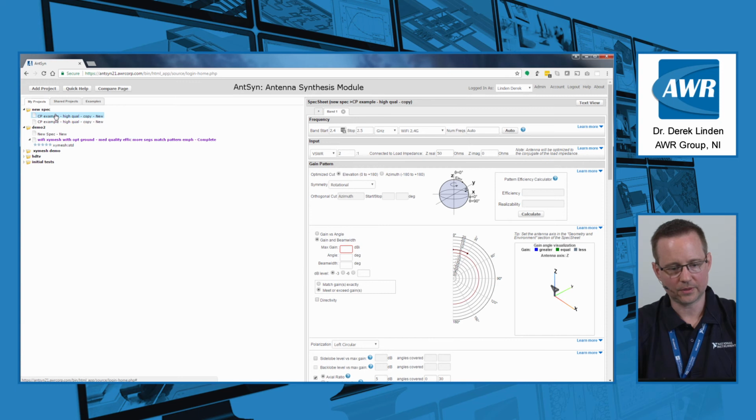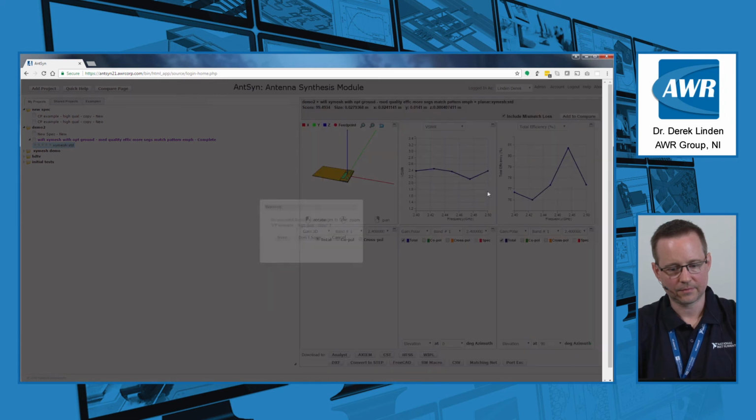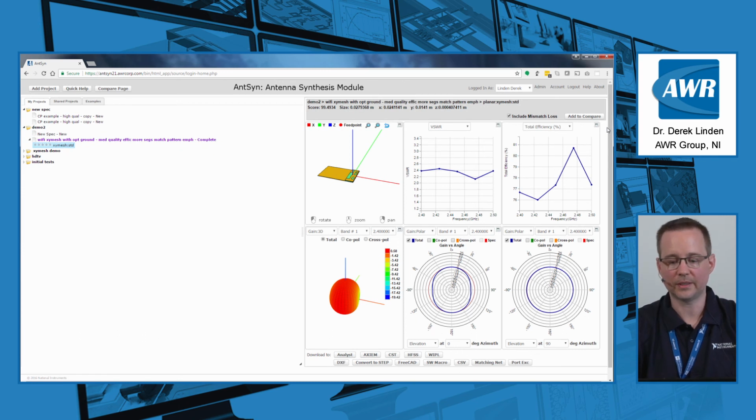So going into some of the results here. If you have an antenna with multiple feed points, it used to be more difficult to find out what those excitations should be for each port unless you download it into a simulator tool. If you download directly to a CAD file, you wouldn't necessarily know how to feed your antenna. We now have put that information into the CSV file, so that if you have, say, a quadrifilar helix that has 4 different phases for its 4 different points, in the CSV file you'll see how to feed each of